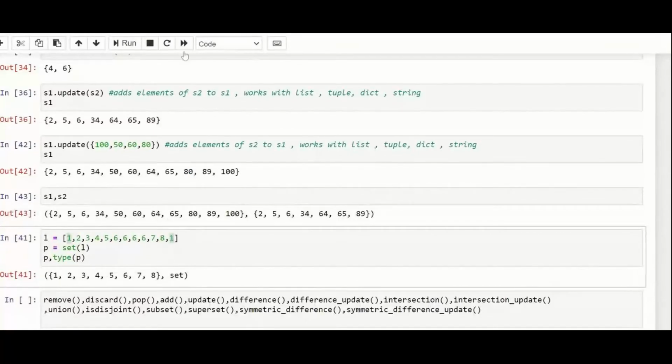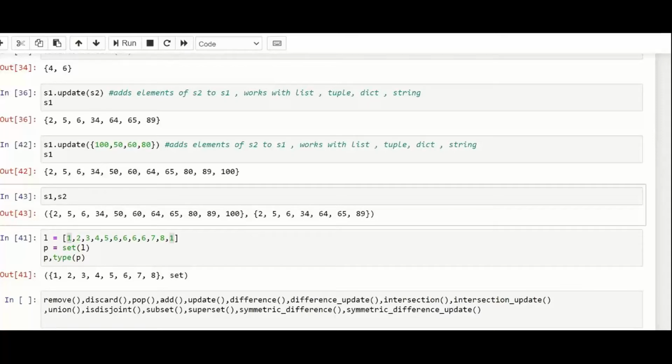Okay, this is a question to you all. Among s1 and s2, which is the superset? Correct.